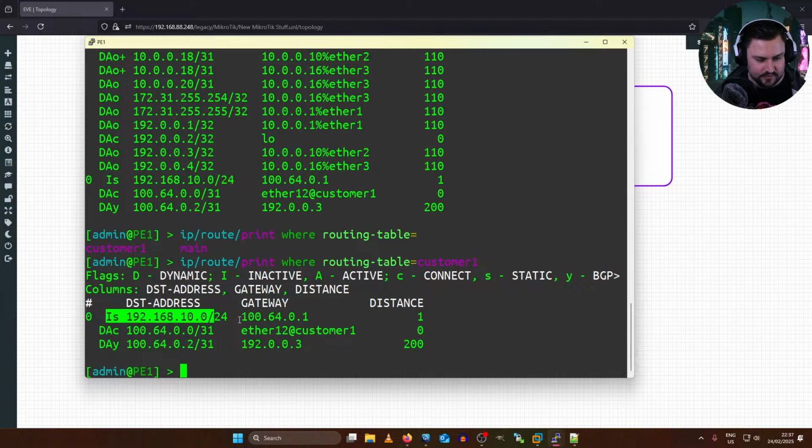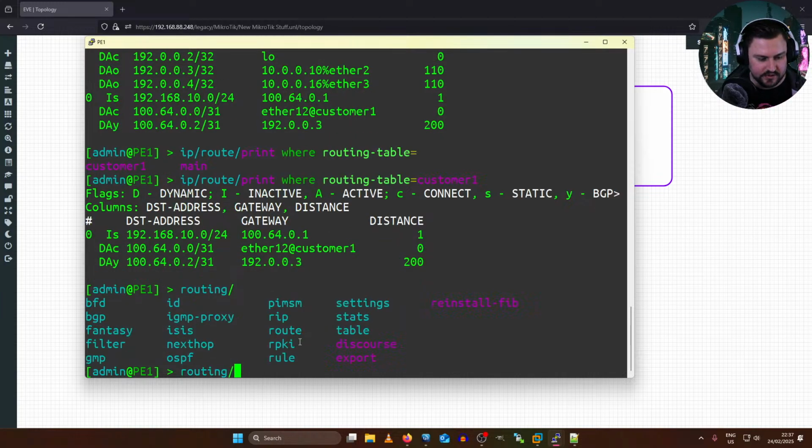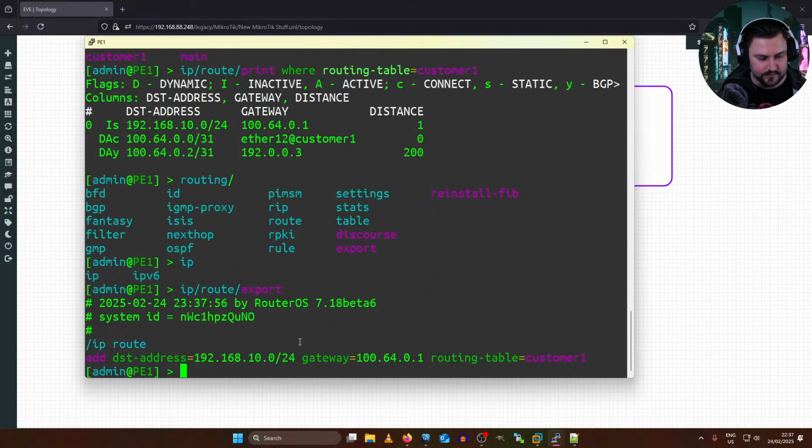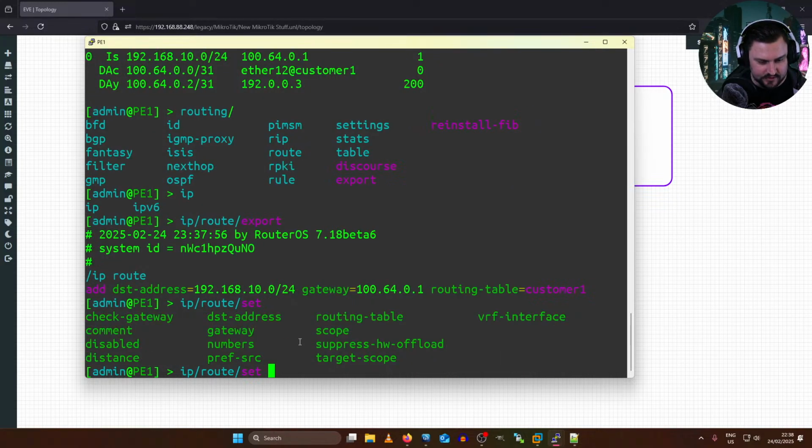towards the customer interface. I actually think there's something else I need to do to make this work. I think I have to specify that at customer one bit like this. So let's just quickly do that. If I do a routing or IP route export and then IP route set, we should be able to set the gateway as 164.0.1 at customer one.